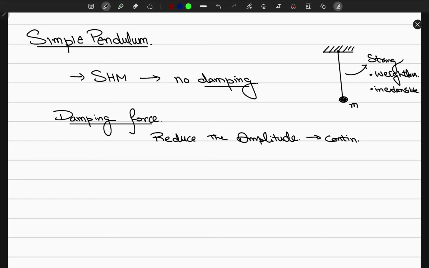And it will keep on reducing this amplitude, the damping force, until the motion is stopped, until the body comes to rest,